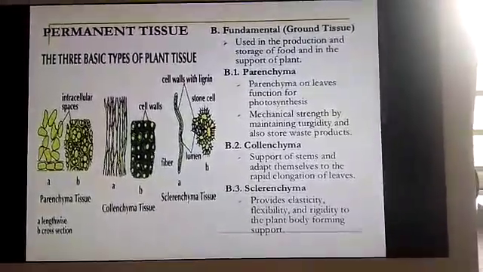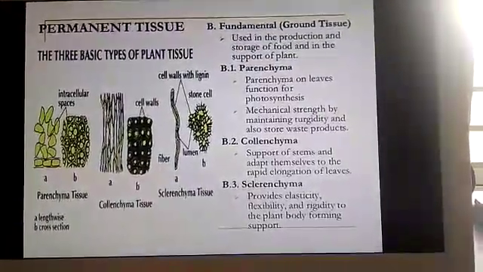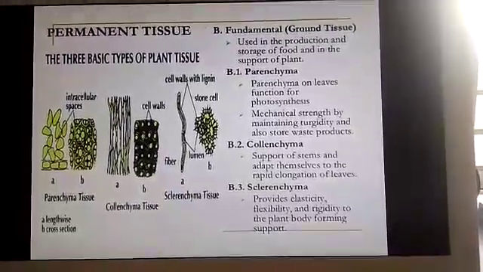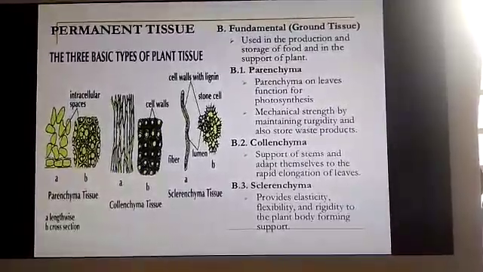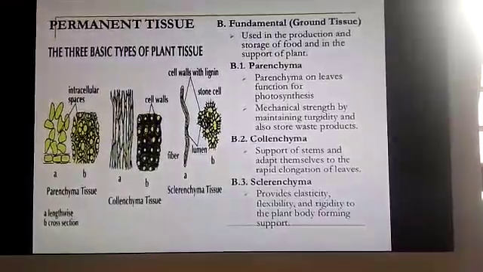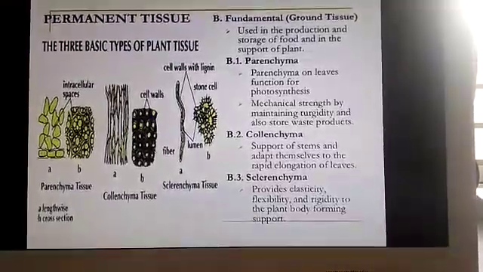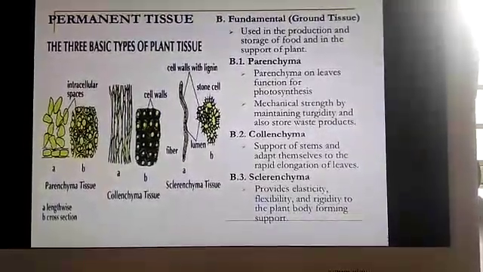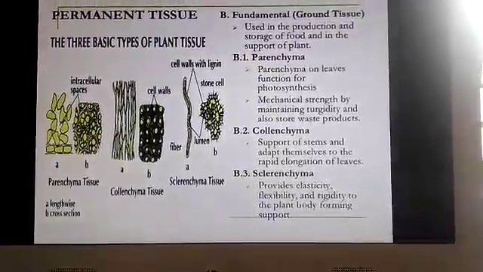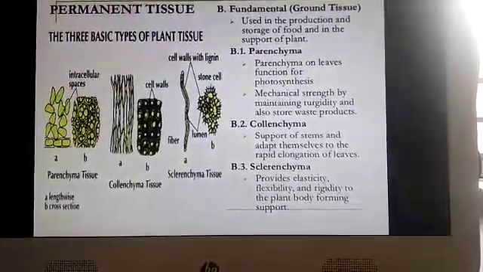If you see the parenchyma tissue, parenchyma on leaves functions for photosynthesis, gives mechanical strength by maintaining turgidity, and also stores waste products. If you see the cells in the parenchyma, the cells have big vacuoles, and it is surrounded by a cell wall made up of hemicellulose and cellulose. The cells are arranged with intercellular spaces, and